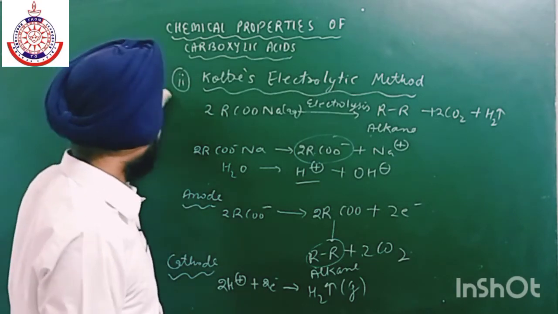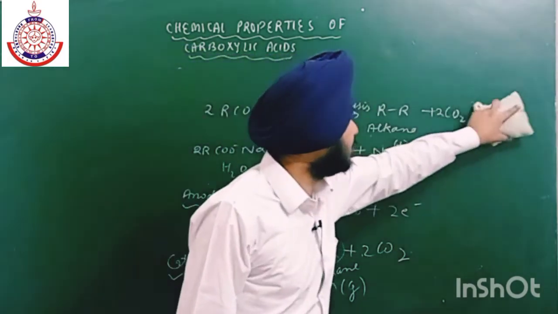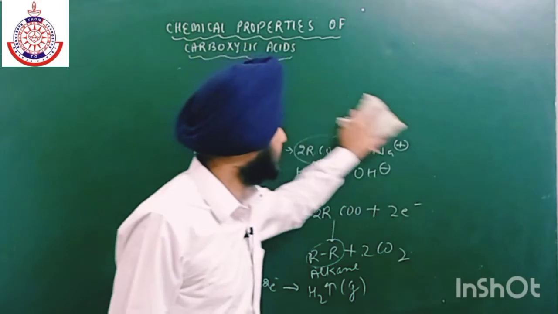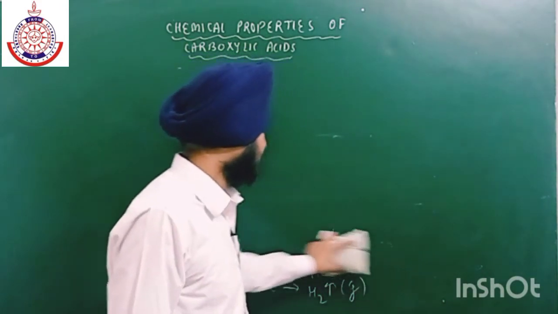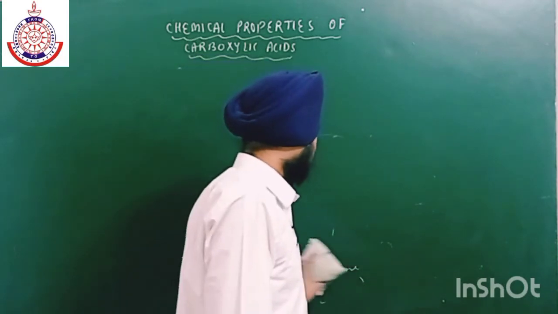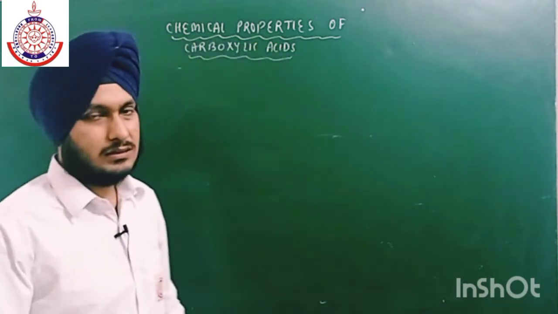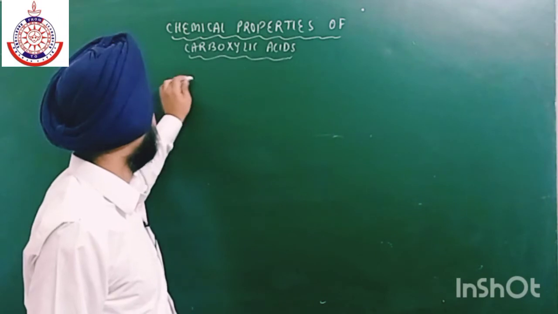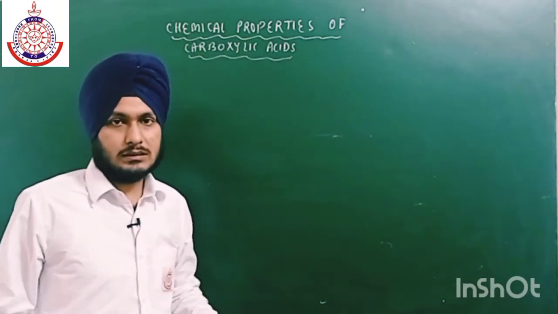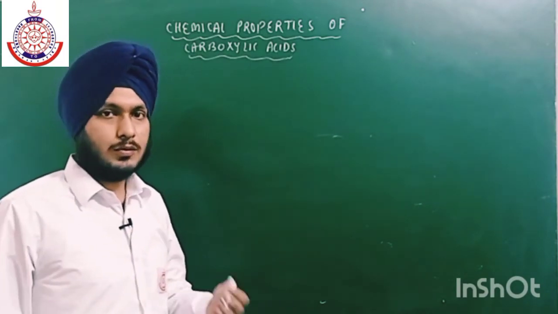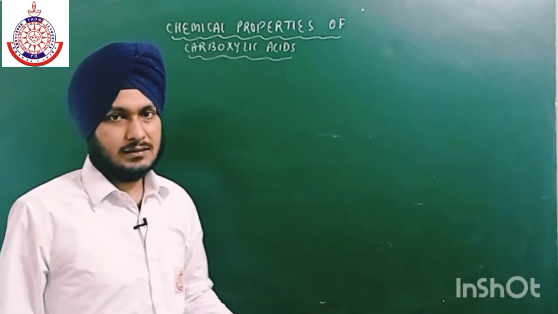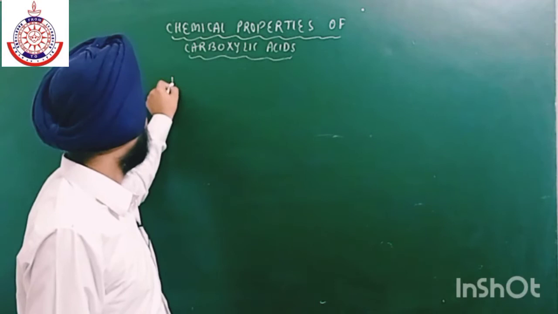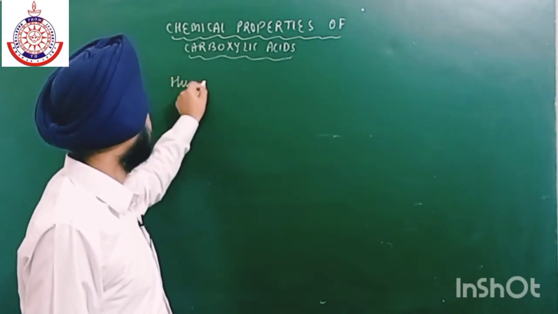Now one more reaction which we have already discussed earlier is the Hunsdiecker reaction, which uses the silver salt of a fatty acid. In this reaction also the whole CO2 group is lost in the reaction. So that is the Hunsdiecker reaction.